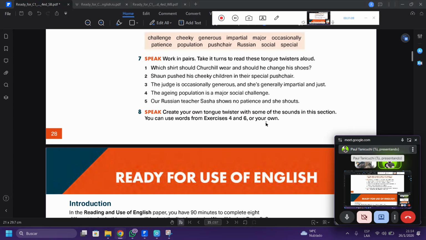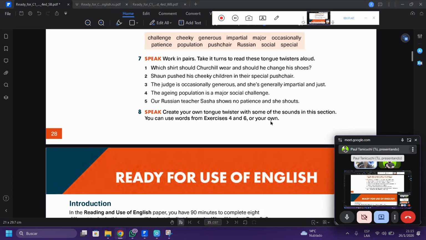The first one is: which shirt should Churchill wear and should he change his shoes? Can you do it faster? Okay, I don't think so. Number two is: Sean pushed his cheeky children in their special push chair.